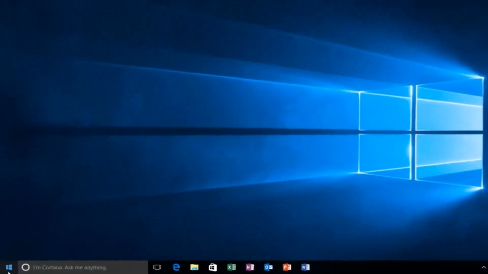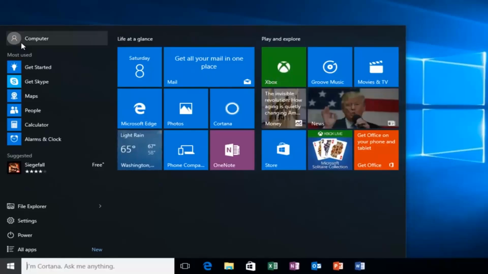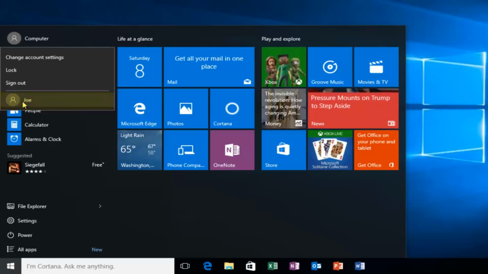So I'm going to head over to our start menu here. I am the computer account, so that means that is the current user account that I'm under here. So if I left click on that, I can actually see that I have a secondary account listed right here. I have named the account Joe, so let's just say Joe is the account that I want to switch into. So I'm going to left click on Joe,